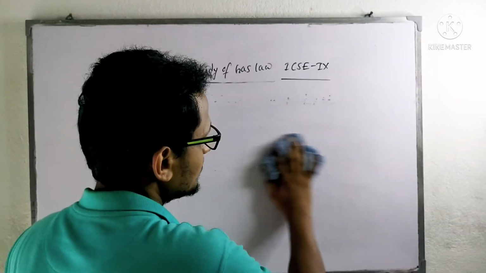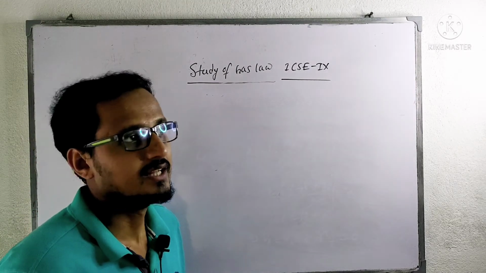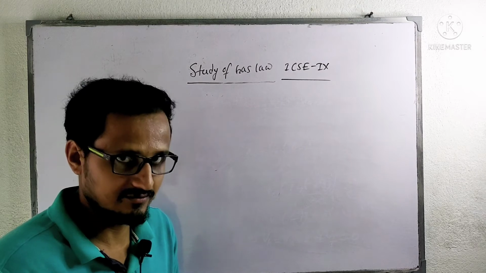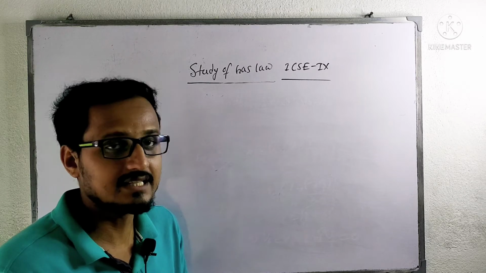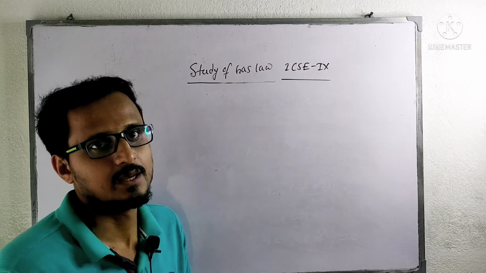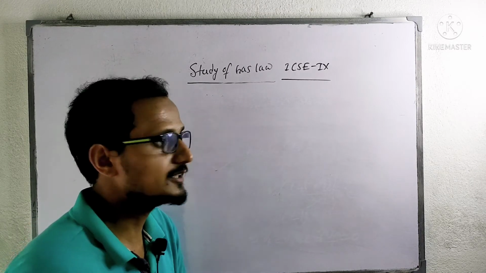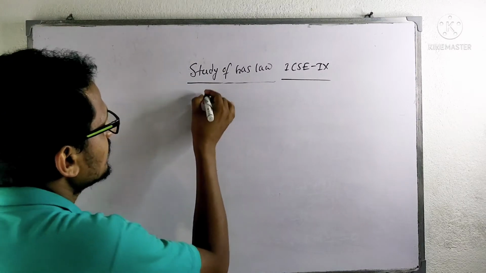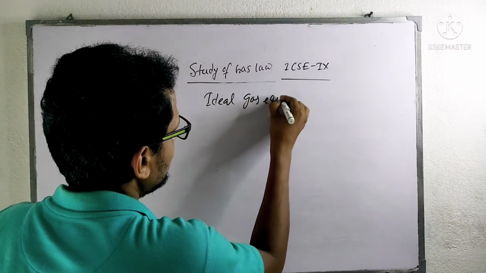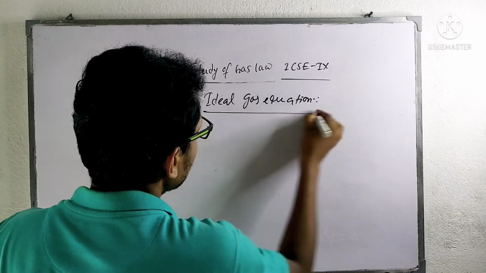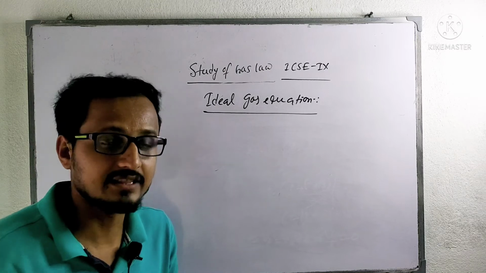Now we will discuss the gas equation, that means the ideal gas equation. The ideal gas equation can be derived by the combination of Charles law and Boyle's law. That is the gas equation or perfect gas equation, but we can include the Avogadro law there also. So we'll get the ideal gas equation, and its proof. Now what are ideal gases? The gases which obey Charles and Boyle's law are the ideal gases, and they have a particular equation.